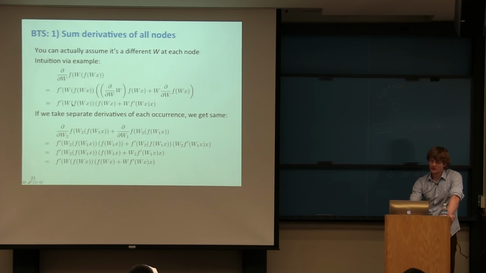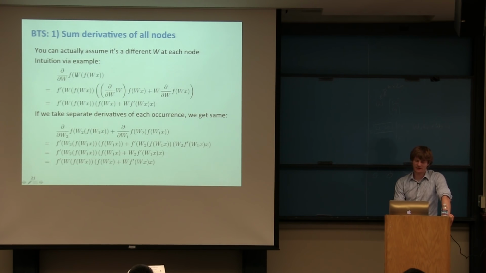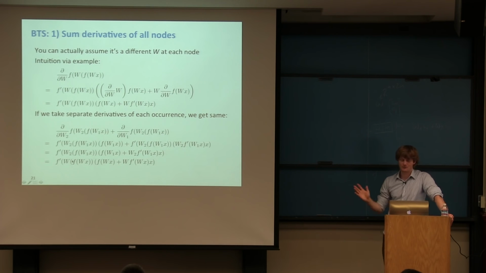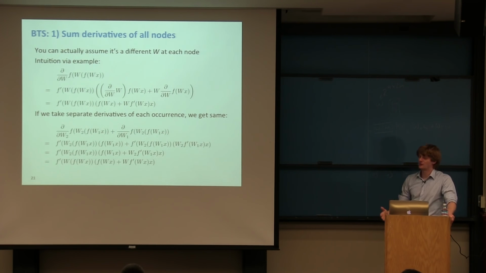And now, if we assumed that instead of having the same w here, you actually have a different one. This is w2 and this is w1. So assuming that you had a different w at all the different nodes in the tree, and in this case even simpler than just a simple function, you actually end up with something that looks exactly the same if you in the end just get rid of the indices again. So this is fairly straightforward. You can just write down the derivatives by yourselves, and you'll arrive at basically this kind of